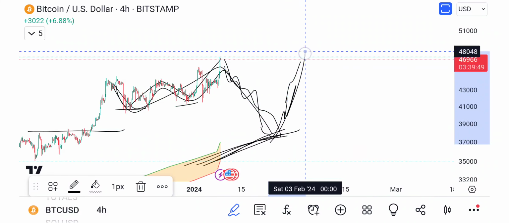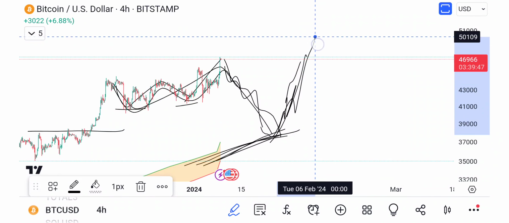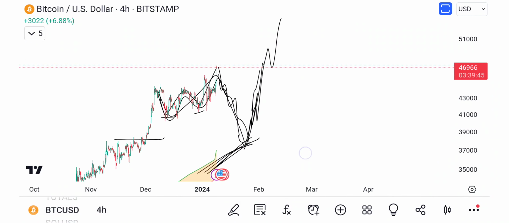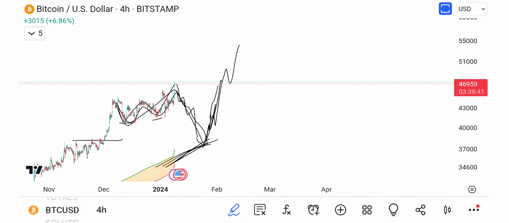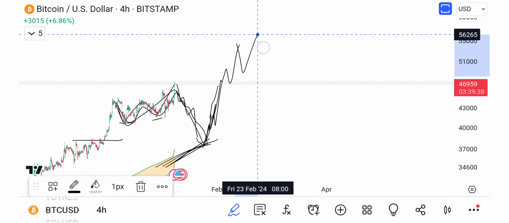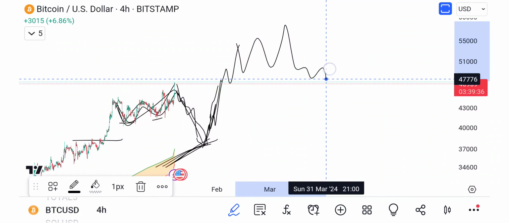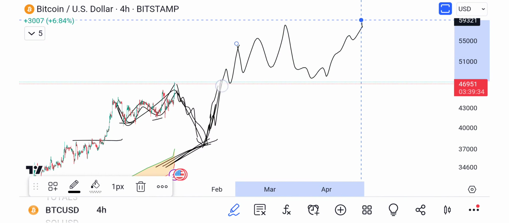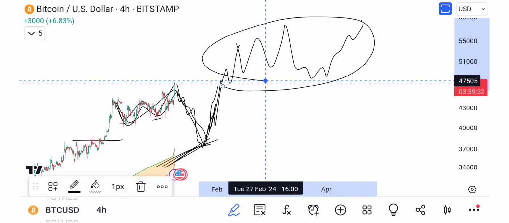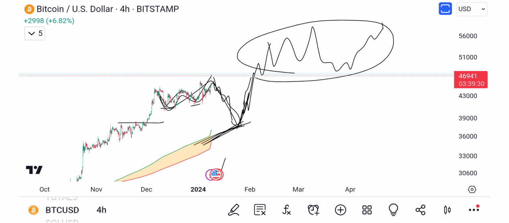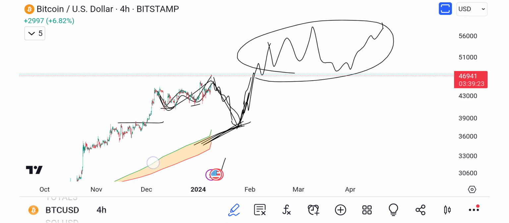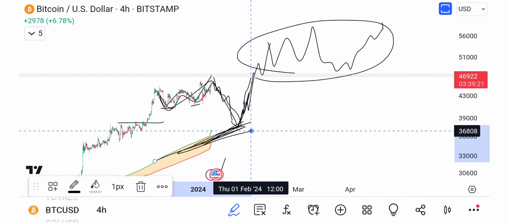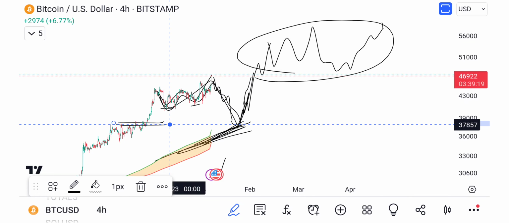So this could be part of a larger flat, and we come down here, right? And then we go up in 5 waves, 1, 2, 3, 4, 5. And then this is the best scenario probably for alts if Bitcoin's going to be bullish / bearish. And then we sort of distribute up in here like this, you know, something like this. So all that distribution comes in. I think that would be a good idea or a good bullish outcome for alts if Bitcoin can reset the bull market support.